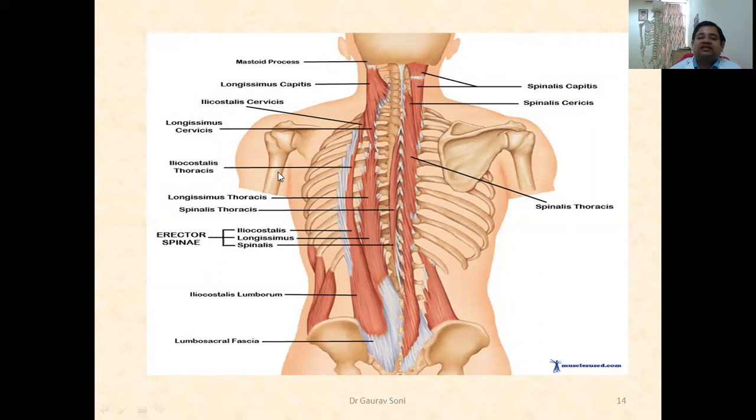On the basis of region, again you can see three different names for each muscle. I am going to take the example of longissimus. You can see longissimus thoracis, then longissimus cervicis, then longissimus capitis. Likewise for iliocostalis, though there is a little difference if you talk in detail. You can see this is the iliac crest of the hip bone, and from there also some muscles are arising. This is the sacrum and the mixed part. It is the erector spinae aponeurosis, shown in white color. So this whole thing we can talk about as the erector spinae group.